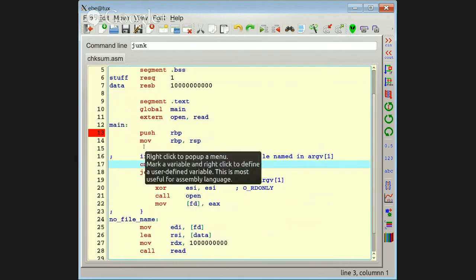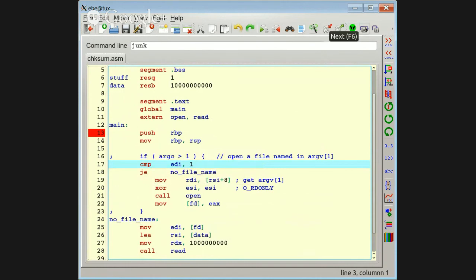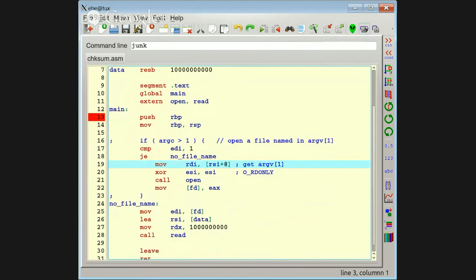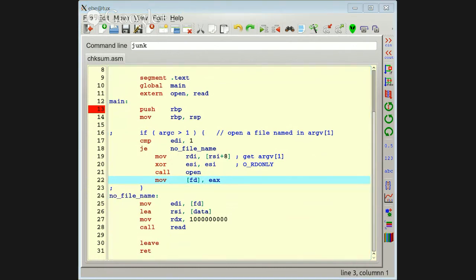All right, so now we're here, and this is where I'm checking to see if the first parameter is greater than 1. If it's greater than 1, then I have a file name on the command line, and I do. And now we're going to move the name in there, call the open function, and move. Let's see, we got register somewhere. Maybe I don't. May have killed the registers.